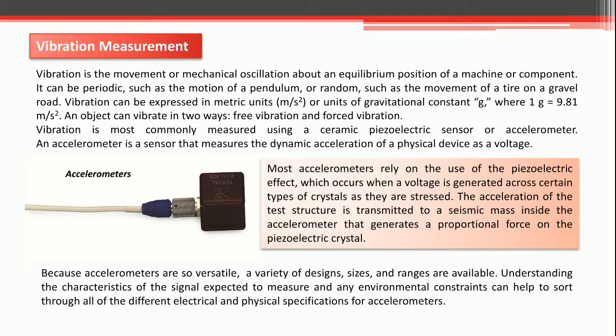Now, the basic harmful effects of vibration are excessive wear of machine components, machine parts being subjected to excessive stress, machine components failing due to fatigue, reduction of the useful life of buildings, and harm to workers and other human beings around the machines. So there are different harmful effects of vibration, and that's why vibration measuring instruments are used.